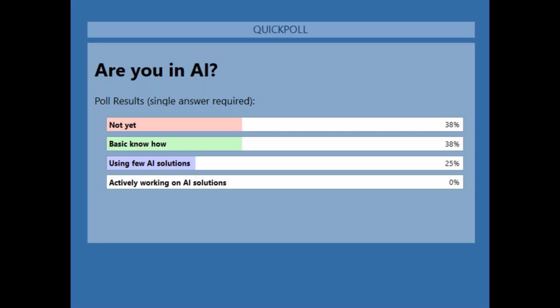So that means that at least 40% of you, the first one, are not yet there to start anything. And another 40% are basic know-how. So about 80% is still at a very beginning level, team. And 25% is using few AI solutions. That's good. So this will change, team. It will get more bottom heavy as we go on, day after day.